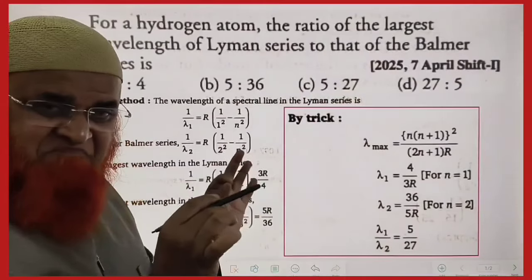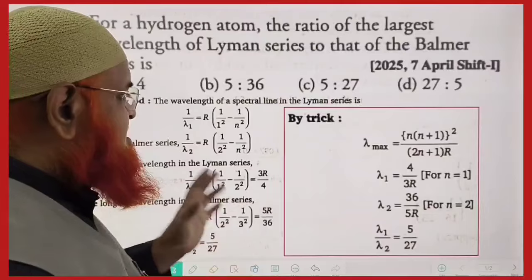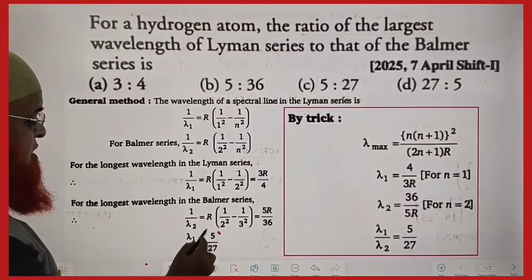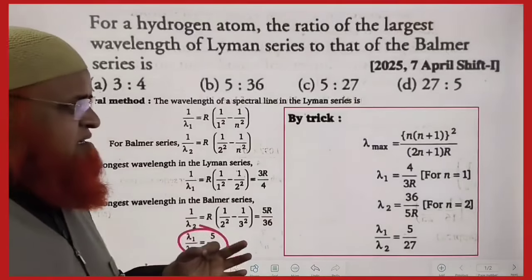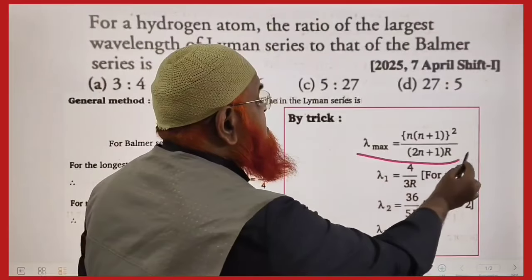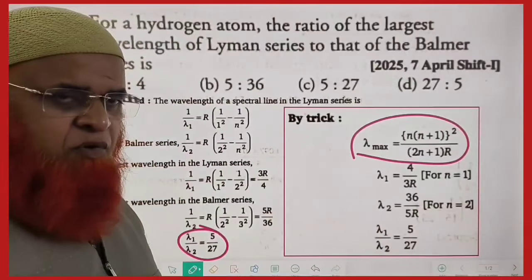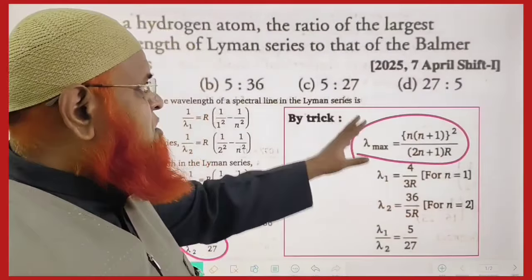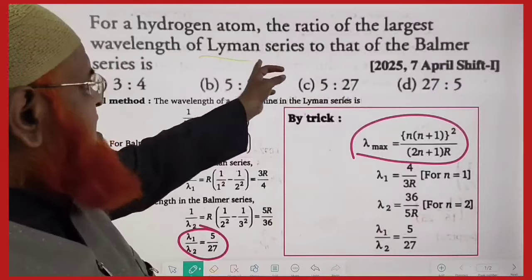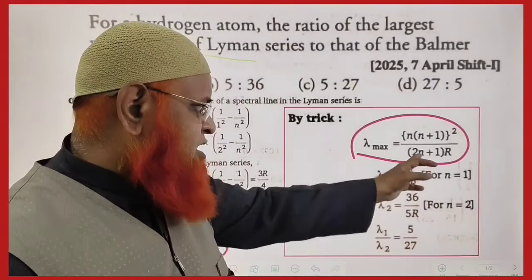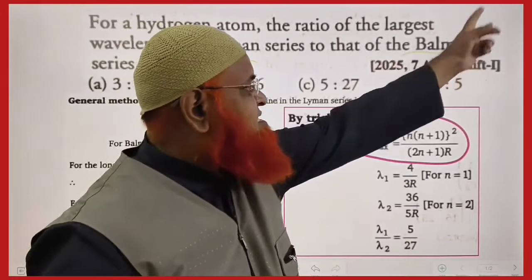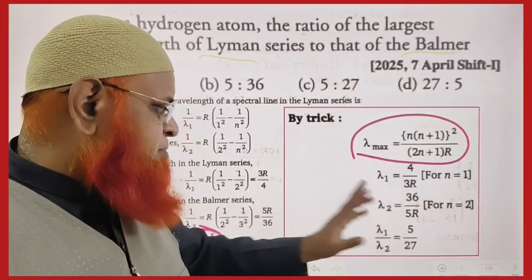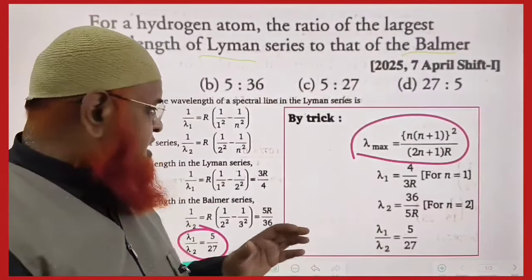बार्मर सीरीज बोल के दिया ना, आप भी देख रहे हैं। तो जनरली आप इतने सारे स्टेप्स लिखकर लास्ट में 5/27 डालेंगे। मगर अगर इतना छोटा सा एक फॉर्मूला याद रहेगा ना, तो सेकंड्स में आंसर आता। यहां पर n = 1 डाल दो तो लाइमन सीरीज आएगा, और n = 2 डाल दो तो बार्मर सीरीज का भी फॉर्मूला आ जाएगा, यानी दोनों आ जाएंगे। ये दोनों को डिवाइड करके सिंप्लीफाई करेंगे।